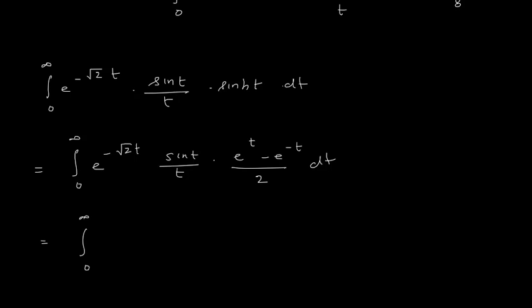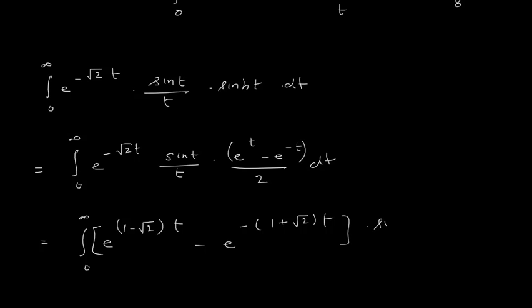Now this e power t and this minus root 2 t, we will club it and we will get e power, in multiplication the powers will add, so it is 1 minus root 2 times t, minus e power, here we have minus, we will take out 1 plus root 2 times t, into,